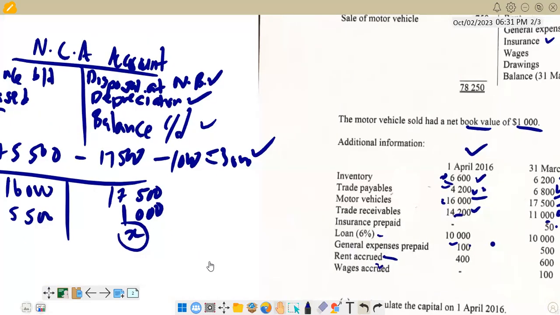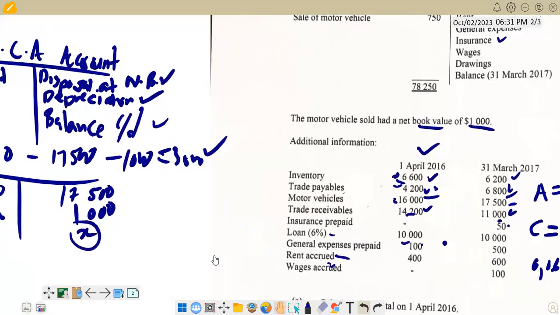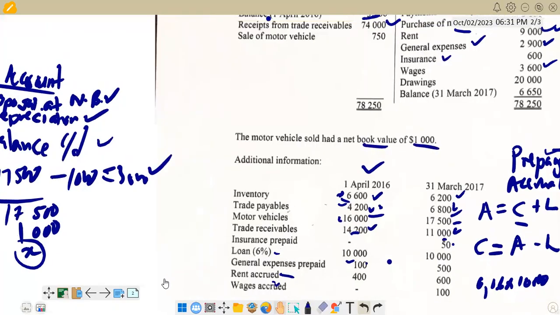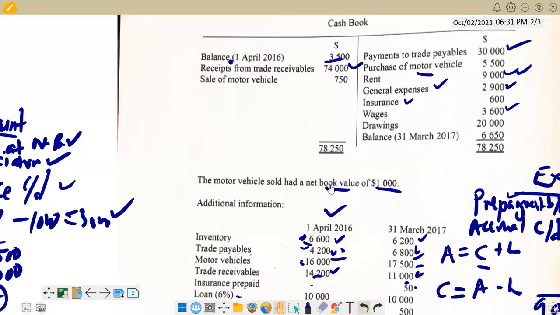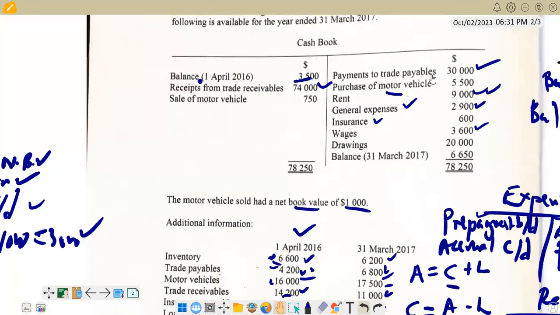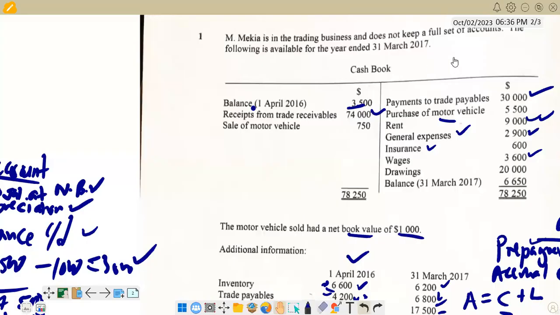We have got a motor vehicle that was sold. Let's try to see how we can go about this one. Right. We have a motor vehicle which was sold there, so it means we need to find out